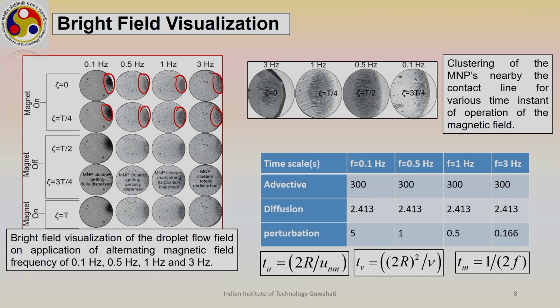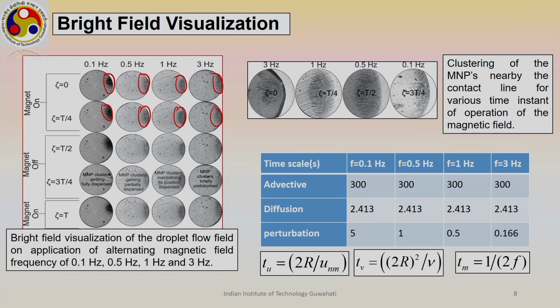Now, T by 4 is within the on period of the magnetic cycle, but tau equal to T by 2 is the off, that is, this is time periodic magnetic field. So, 0 to pi by 2 remains on, and pi by 2 to pi will remain off. So, what we can see is that at T by 2 the magnet is still on, and at T by 2 plus the magnet is now off.